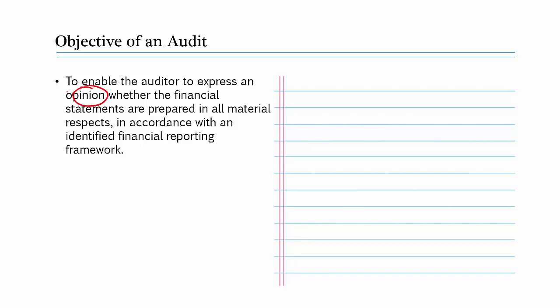The audit is to enable auditors to give an opinion. Auditors will decide whether or not to give a true and fair audit opinion on the financial statements. That is the second big word in this sentence: financial statements.